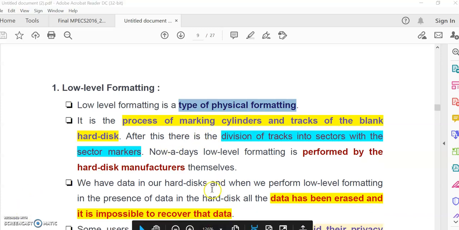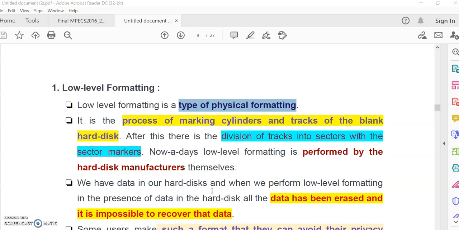First we mark out how many tracks there can be in a blank hard disk, and then we divide these tracks into different sectors. This division of the tracks is done at low level formatting.